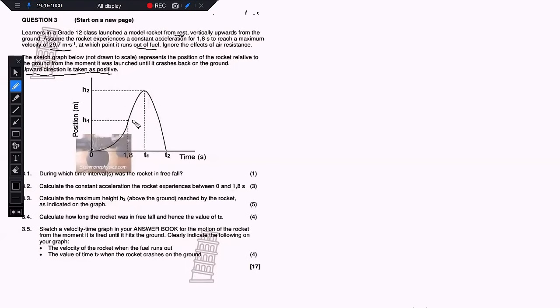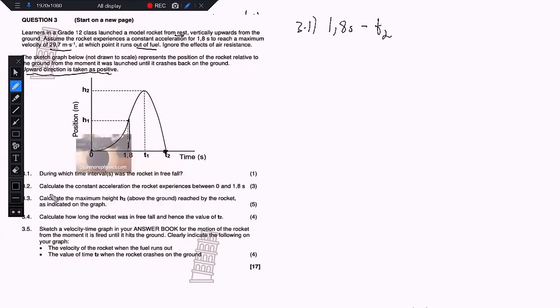So that means at that point, that's where the free fall starts, right? From here, the only force acting on the rocket is the force of gravity, bringing the rocket back down to Earth. So that means our free fall, they ask, during which interval was the rocket in free fall? In 3.1, we are going to say the moment it runs out of fuel, from 1.8 seconds all the way to time t2. So at this point, all the way up until that point, our rocket was in free